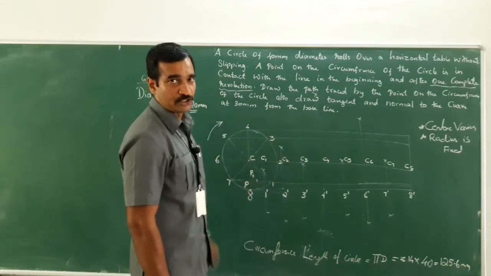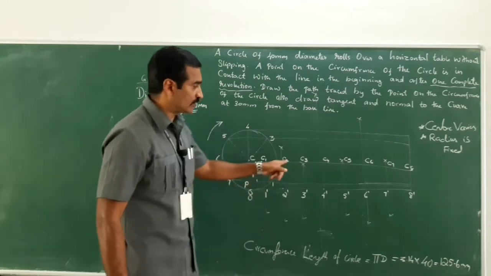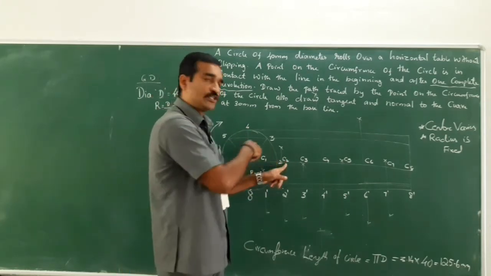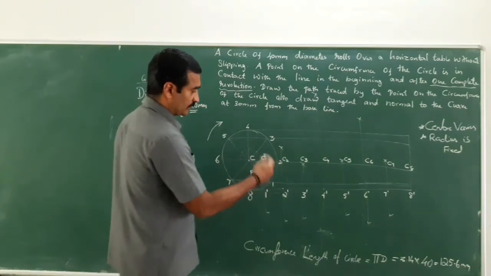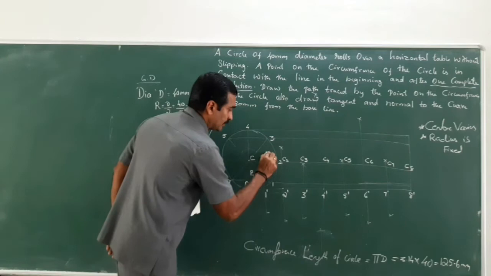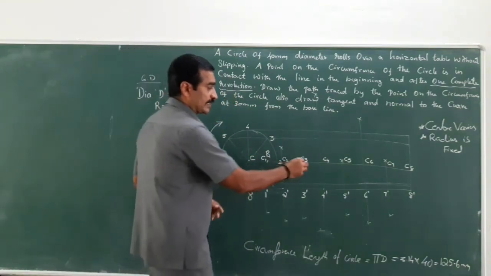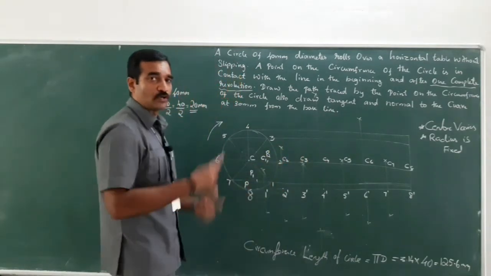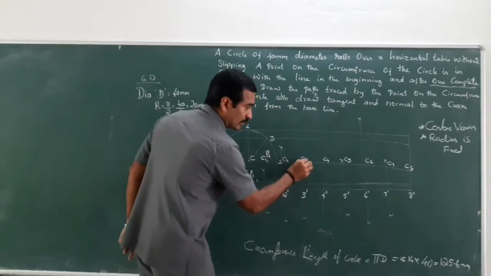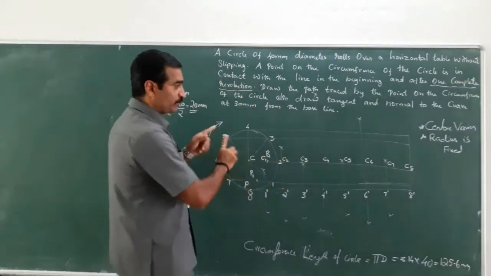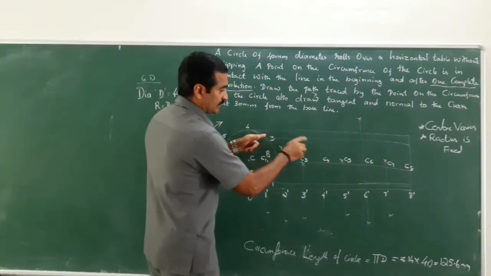Center C2, and cut an arc at 2, somewhere here, right? Now this point can be considered as P2. Now change the center. This is center C3, without changing the radius. Cut an arc on line 3 because we have kept the compass at point 3. So line 3 is here.